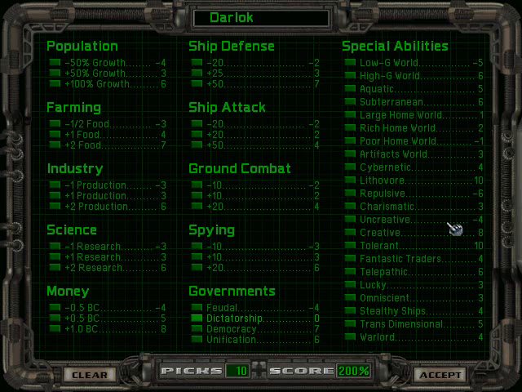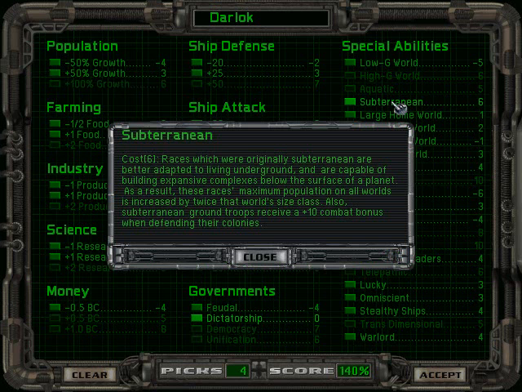Alright. So what am I going to pick? My picks I think are going to be something that I just tested out earlier, and I actually enjoyed this one. First thing I'm going to pick is Subterranean. Subterranean means your race originally lived underground, better adapted to living underground, capable of building expansive complexes below the surface